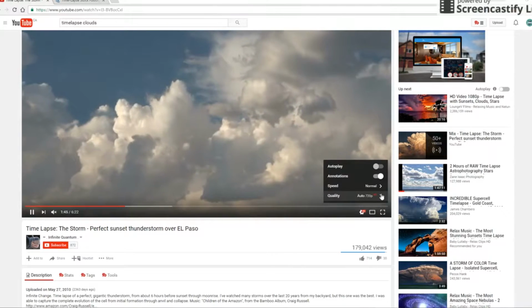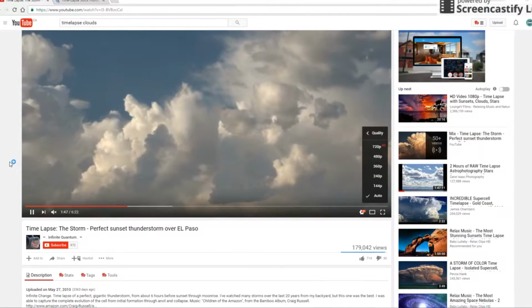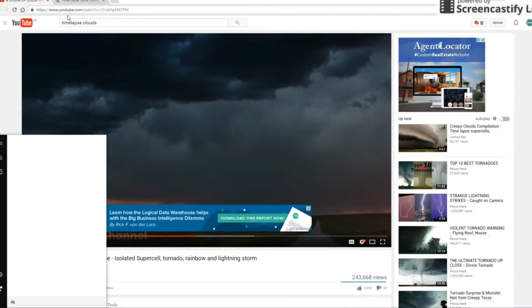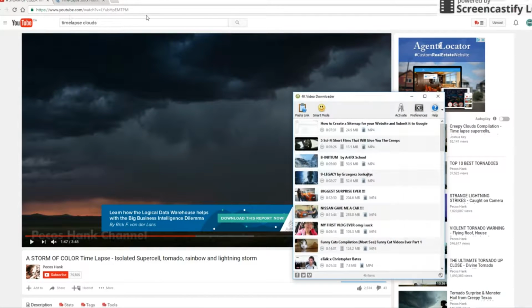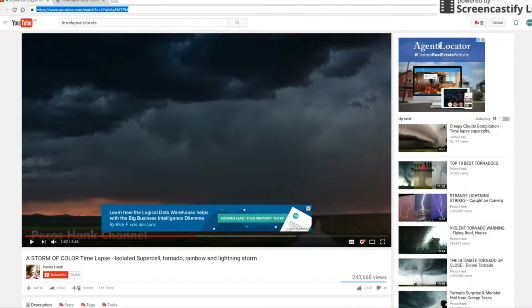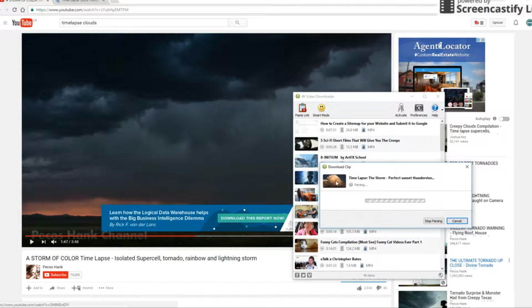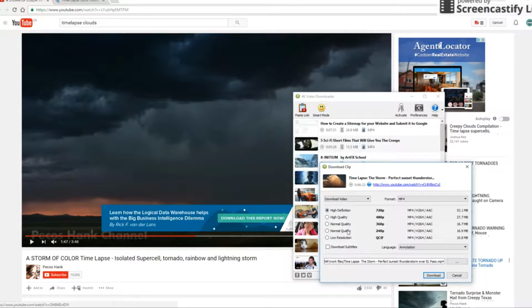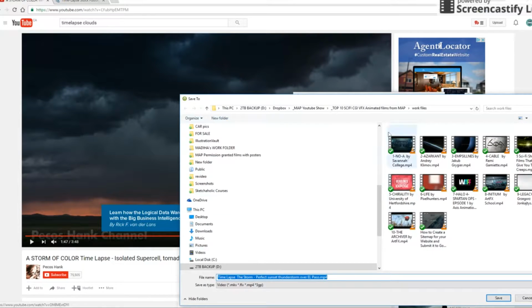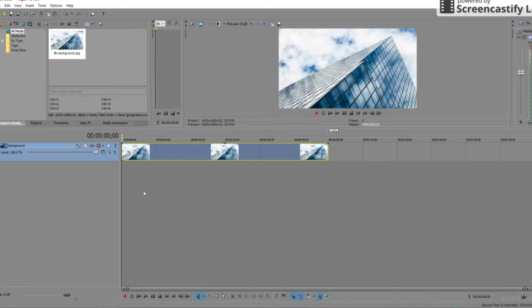So there are two ways that we can download a video. One way is a software called 4K Video Downloader, and you can find this in the resources section on TheLogicBox.com. You basically copy the link from here, and then you paste it in here. Then it's going to parse it and allow you different options to download it. So let's pick a folder here to download to, go back into our Sony Vegas,